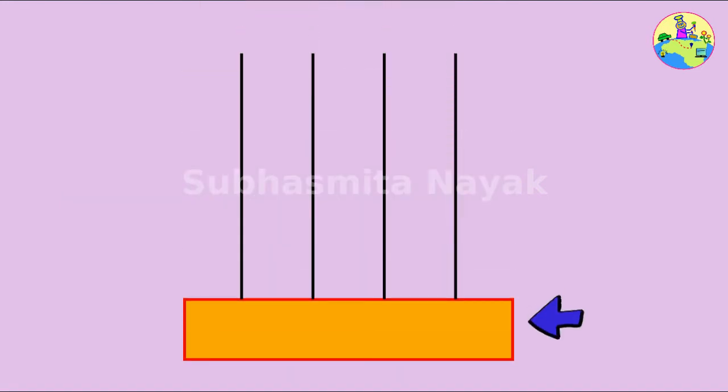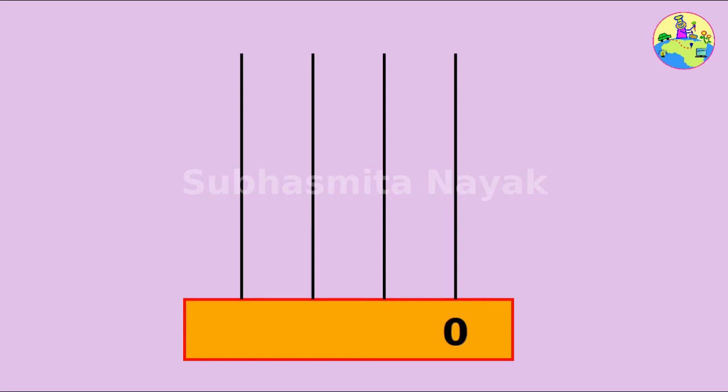This is the base of the abacus. These rods represent how much we can count. I will explain this after some time. Each of these will have some beads. So here we have 1, 2, 3. We have 3 beads. That means the number is 3. If we don't have any beads, the number is 0.